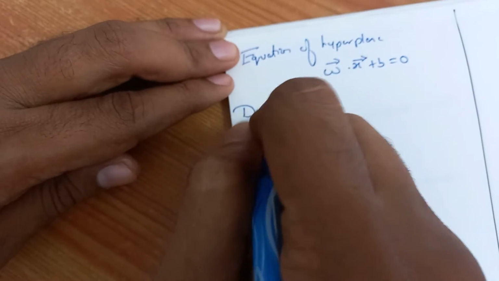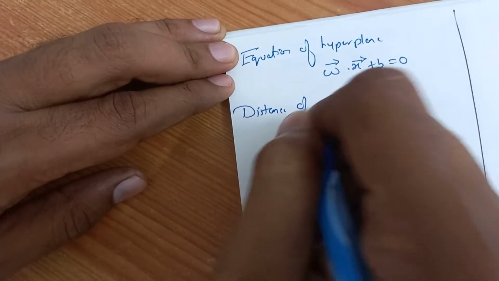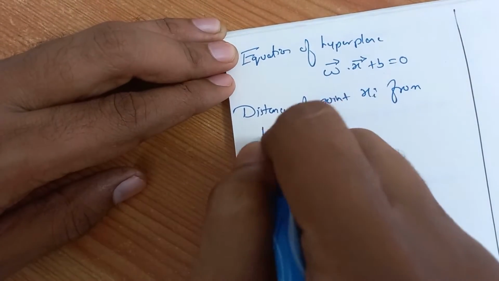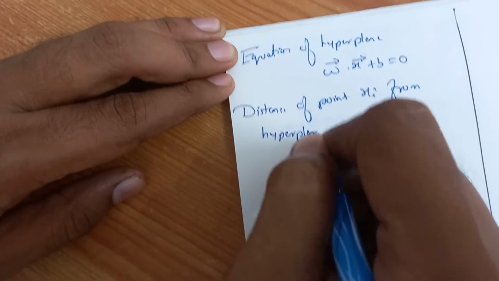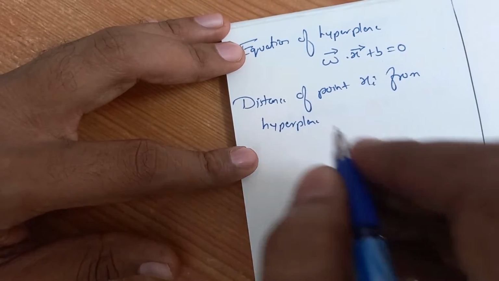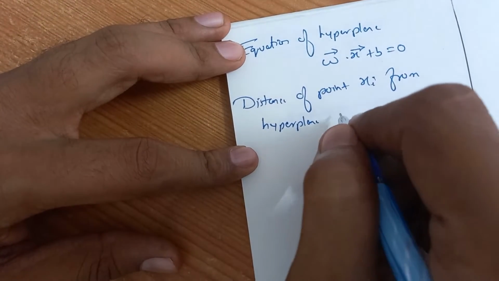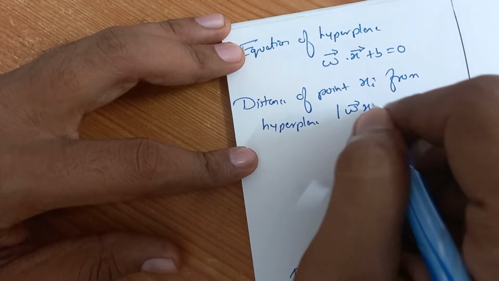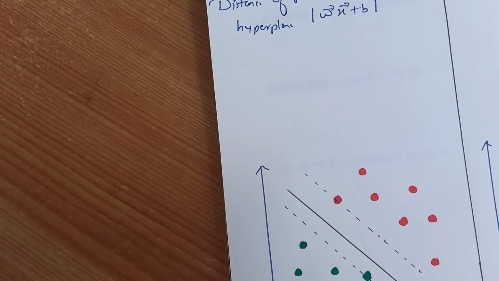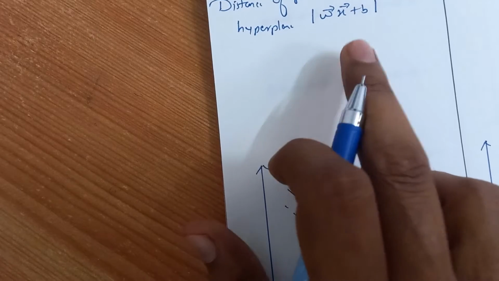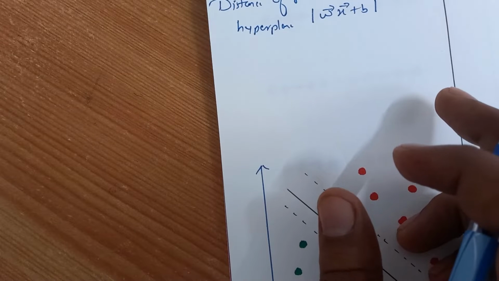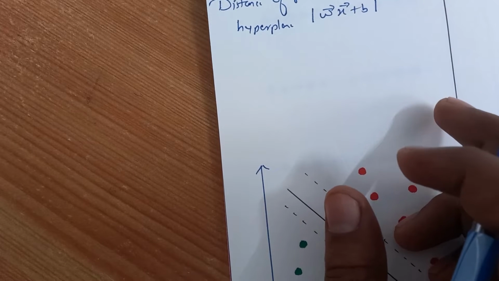And distance of point xi from hyperplane, whether the point lies above the hyperplane here or below the hyperplane, okay, can be calculated using formula mod of w vector x vector plus b. Why we are using the vector symbol here? Because it has got the collection of values there. Okay, so now